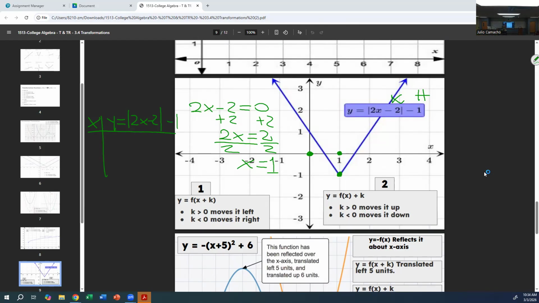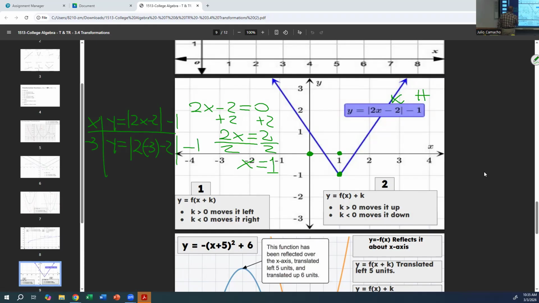So you have your 1, the center of the V is at 1. So you need to pick a number to the left and a number to the right. This is your turn. Pick your number to the left. -3. So you put -3 here, and y is equal to 2 times -3 minus 2